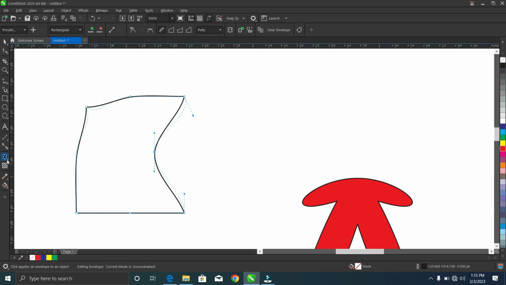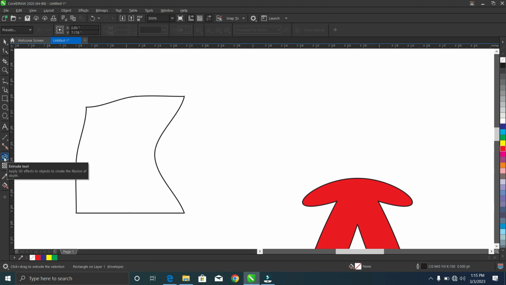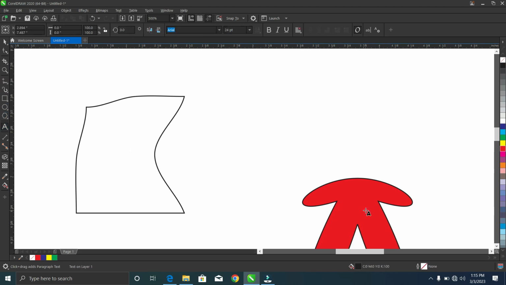So going to the next tool, you have the extrude tool. I really love this tool. The extrude tool applies 3D effects to objects to create the illusion of depth. I've heard about 3D designs, how nice they are. With this tool now, you can give your design a 3D effect. Let me type this